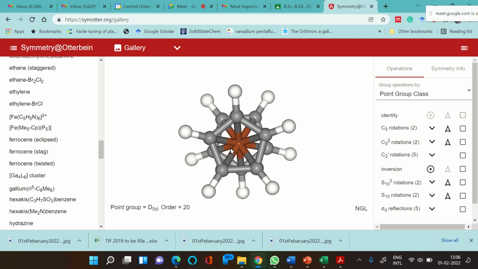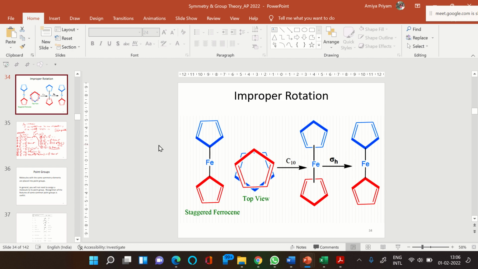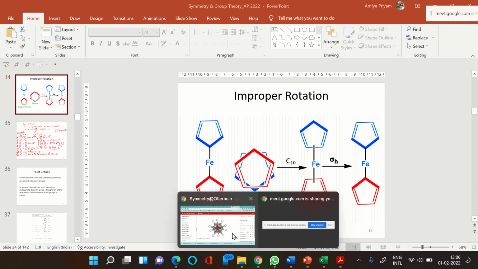What we were seeing there, which example was that? This one. C10 axis, meaning C10, 2 pi by 10, so 360 by 10, meaning a 36-degree angle. So in 3 dimensions, if you want to visualize this,